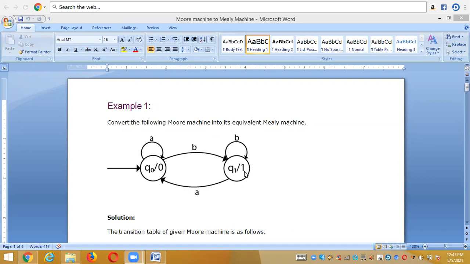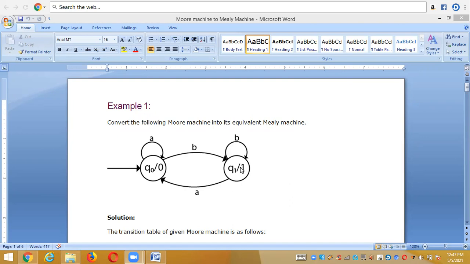See, here we're having a machine. By seeing this machine, we can recognize that this machine is a Moore machine. How do we recognize that it is a Moore machine? See, the output alphabet is represented with a state, just by a separator like a slash, at the place of these states. So then we can say that it is a Moore machine, right? We have transitions with the input alphabets A and B and the two states Q0 and Q1, and Q0 has its own output 0 and Q1 has its own output 1, right? And clearly it shows that it is a Moore machine.